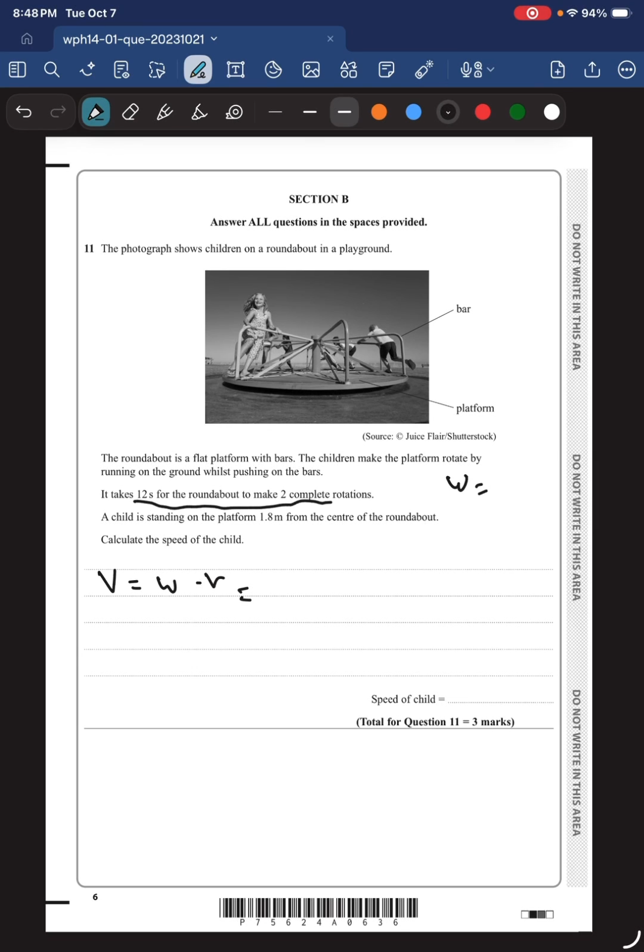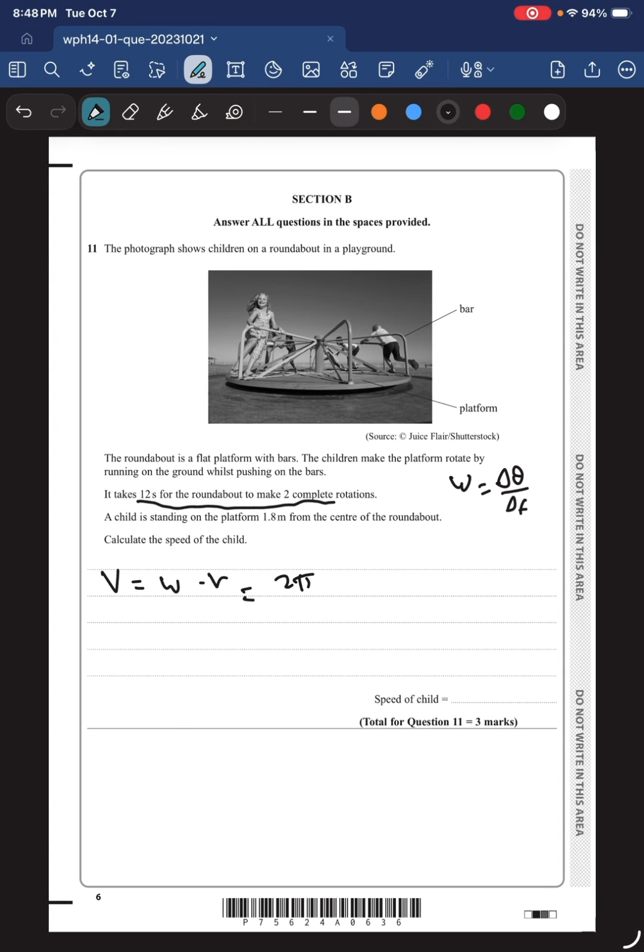Remember that omega is delta theta over delta t. Delta theta is 2 pi. By the way, when we work with circular motion problems, we use radians, okay? So 2 pi times 2 revolutions, right? And this takes 12 seconds, right? Times 1.8 meters for the child gives us 1.89